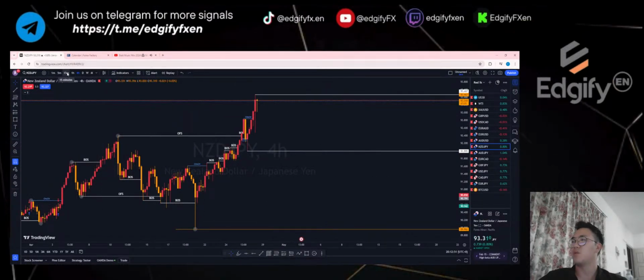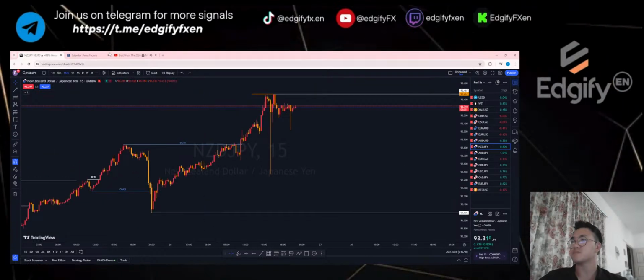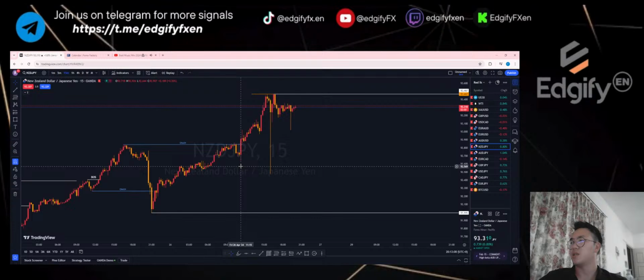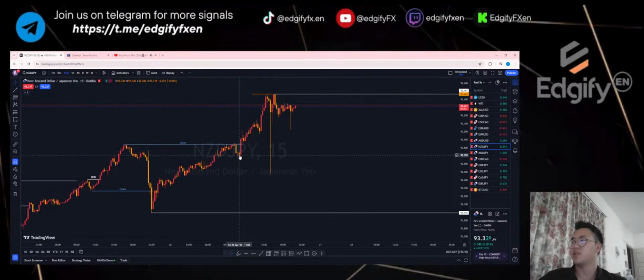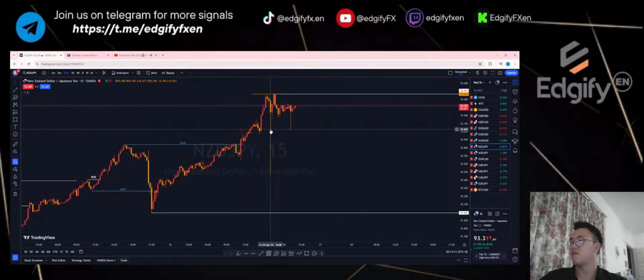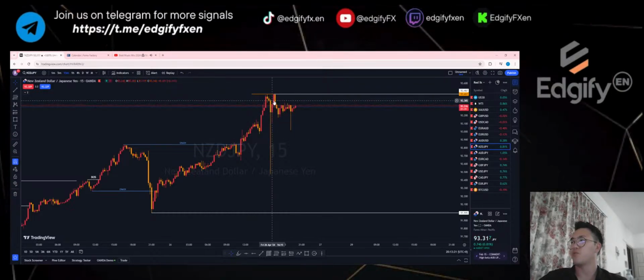Right, so if we look on 4 hour, the market is moving upwards. Okay, on the 15, you look at this 11:22, so it would be somewhere here, right, at this 11:15 candle, which we have this pump, okay, which indicates that Japanese yen is weakened, right, and at about this timing here, at about 4 o'clock, we see this manipulation happen from the Japanese yen. Right, so if you look at all the JPY pairs, at 4 o'clock sharp, you have this massive dump.